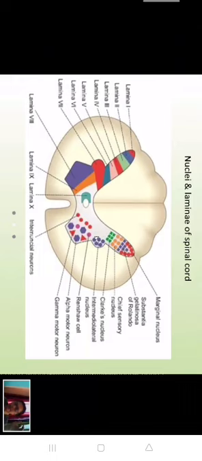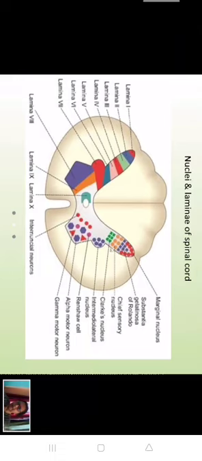Now let's see the nucleus. Listen to this carefully, if you don't listen carefully you will not understand the tract. Look at the nucleus. There are lots of pictures, but this is the easiest one to remember, so I have given this one. Lots of pictures are there on the net and in the book also, so whichever you find convenient, you can look at that.